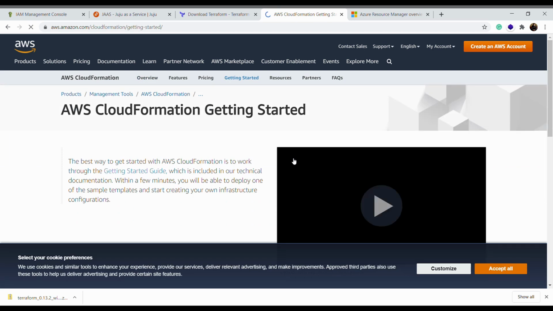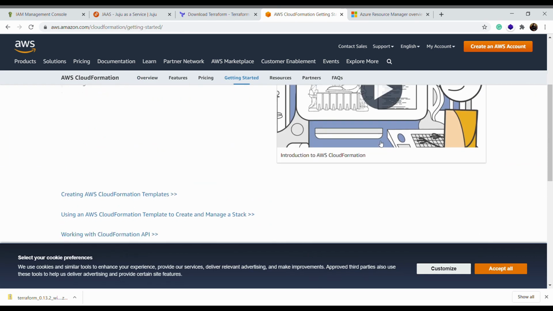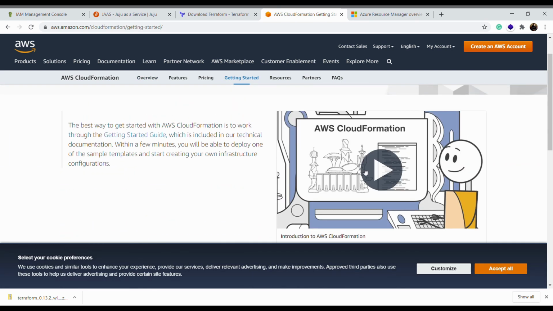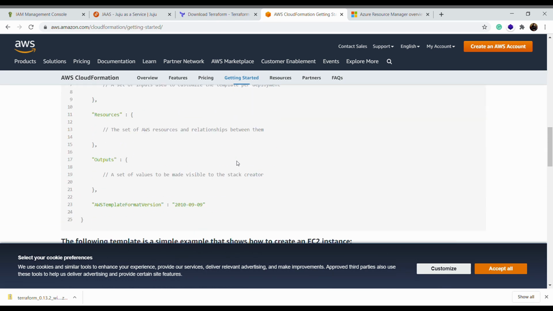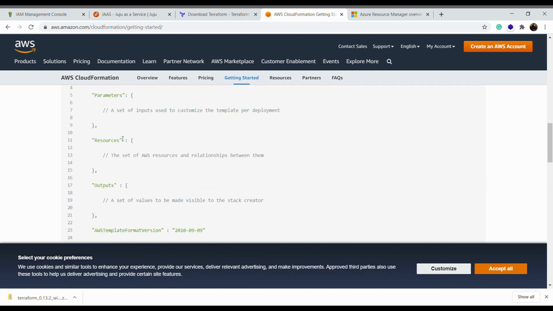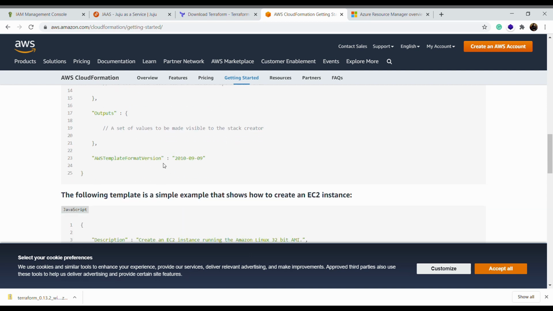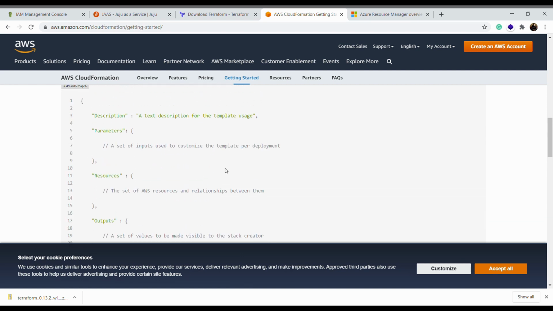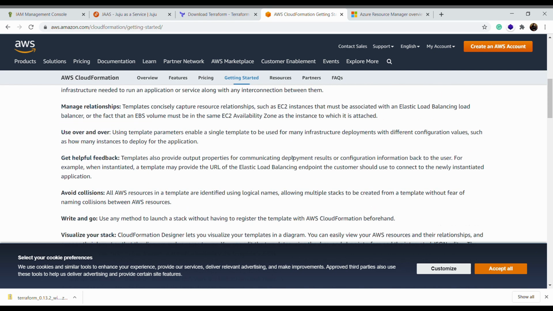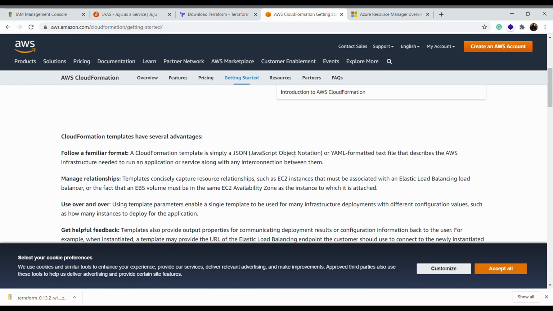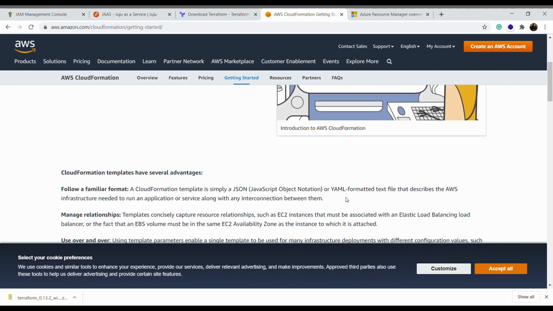If you click on Getting Started, there are some really cool videos of a few minutes, and if you really want to know how to create a template, it will let you know how it should look, what the basic parts are, the format version, outputs, resources, parameters, all of these things. We don't have time to dig into every detail. It will be a full training, but this is basically JSON or YAML based AWS native infrastructure as code.